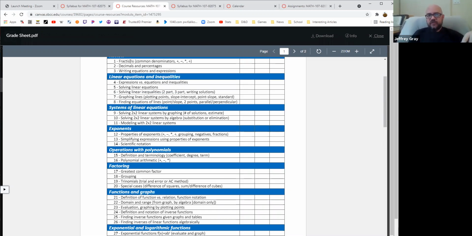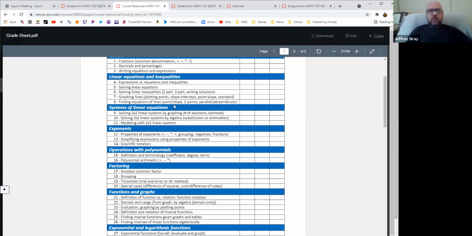Like let's just take fractions, for example. Let's say you do the fraction homework, turn that in, get credit. You do the fraction problem on the test, get credit for that. Great, you're up 2 stars already on fractions. You don't really need to do that on the second test if you don't want to. If you want to get a 3rd star on it, you can, but it's not required.